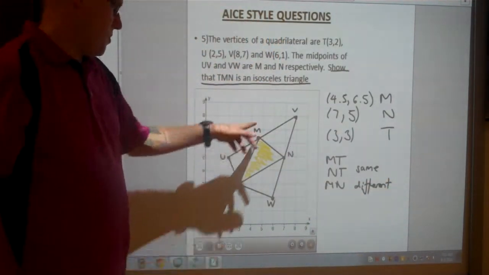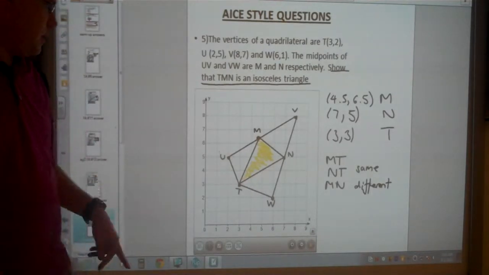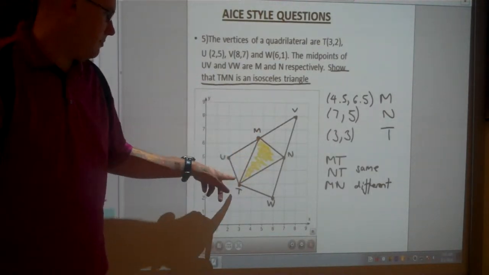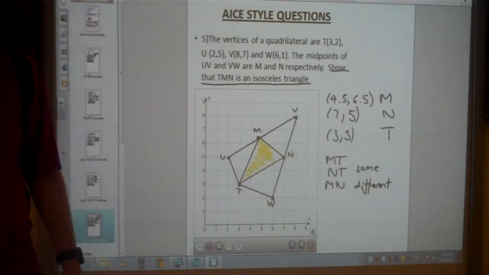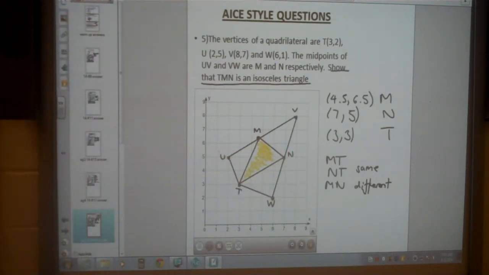Now once again, you can't just use the picture though and say that's proof, because it could be that this length is, and I'm guessing obviously here, 4.1, and N could be 4.2, and there's no way your eyes are going to detect exactly if they are the same length, so that's why you need that algebraic approach for these